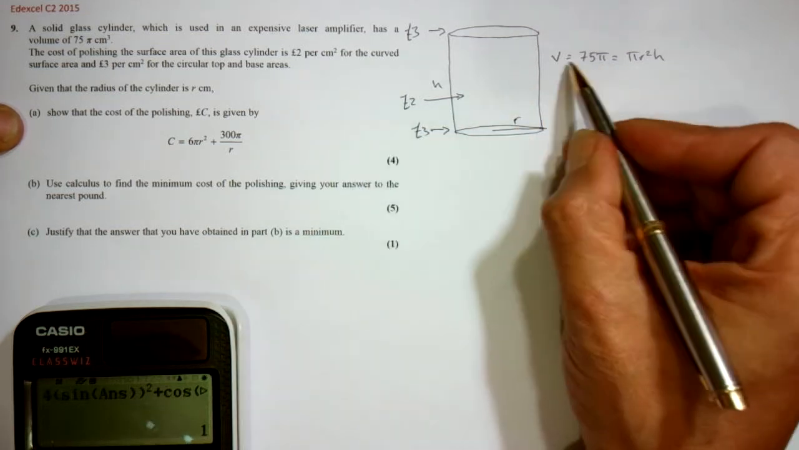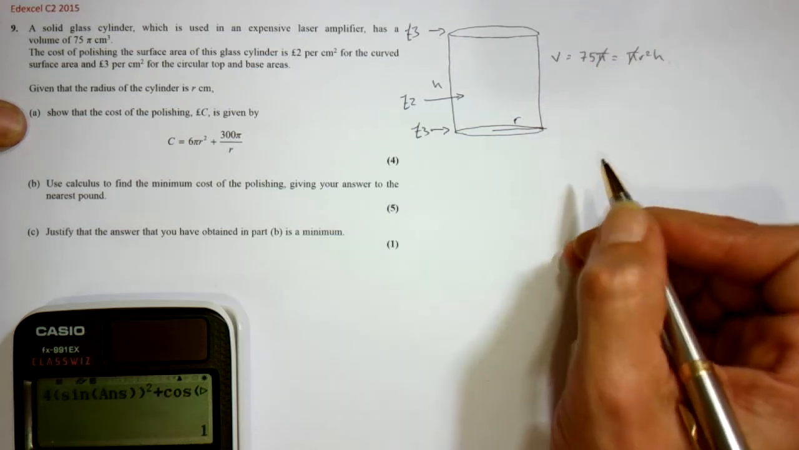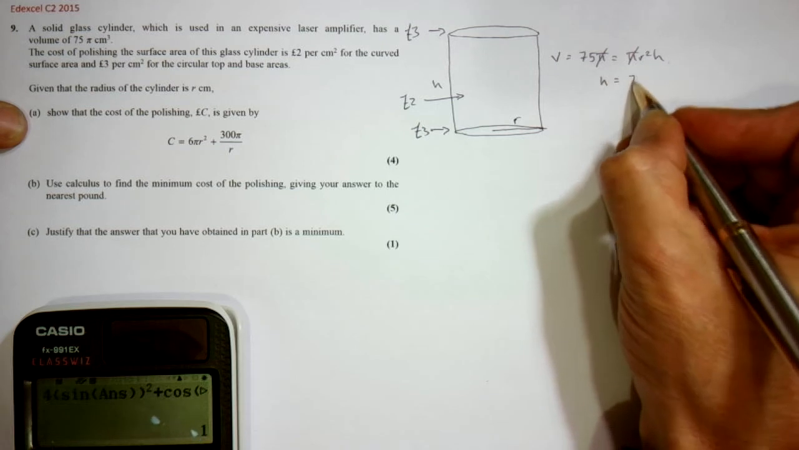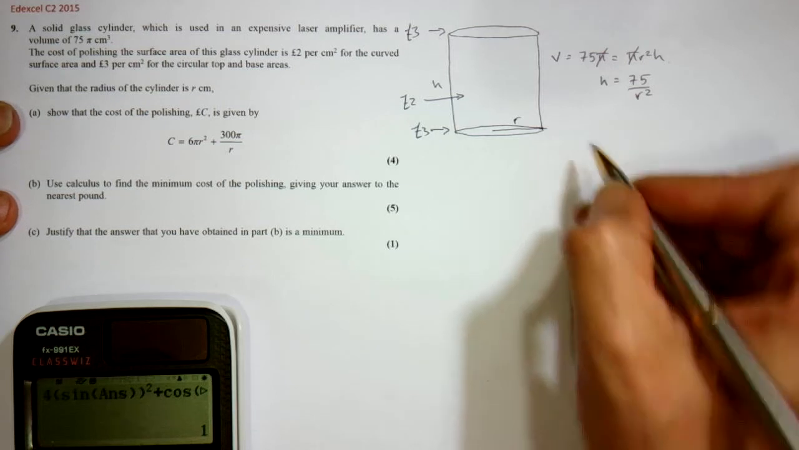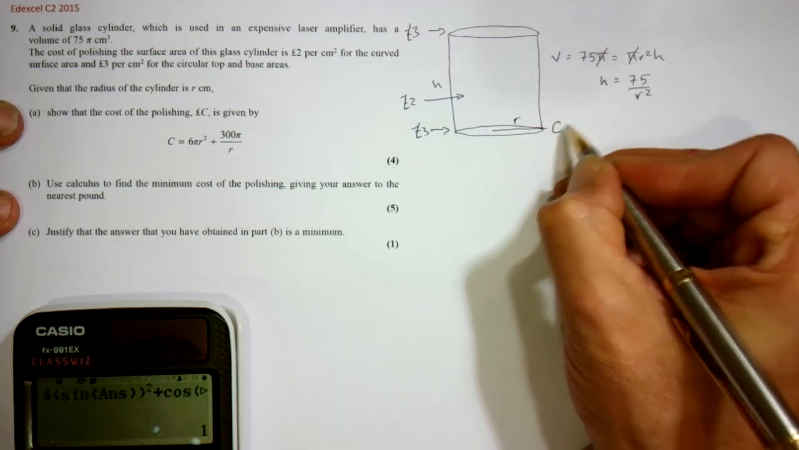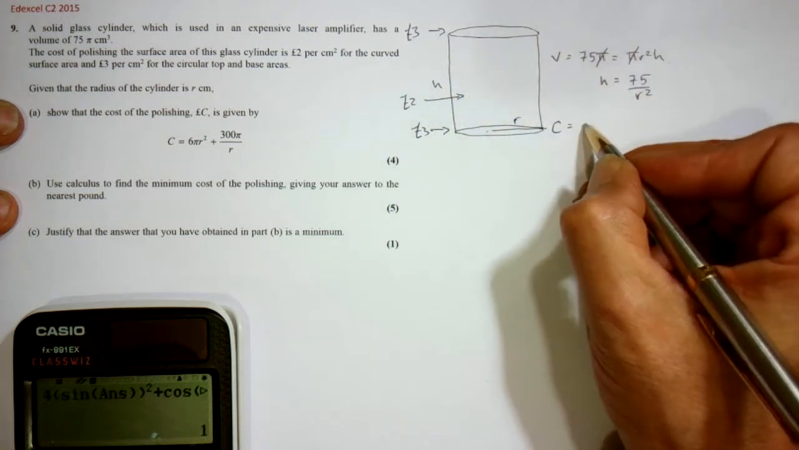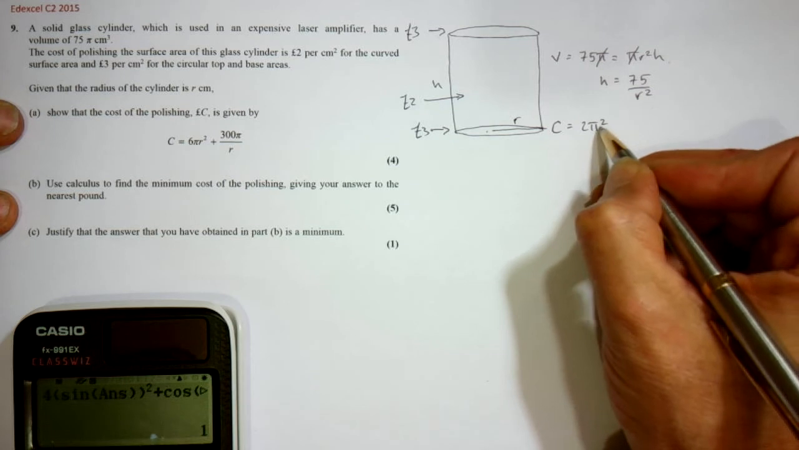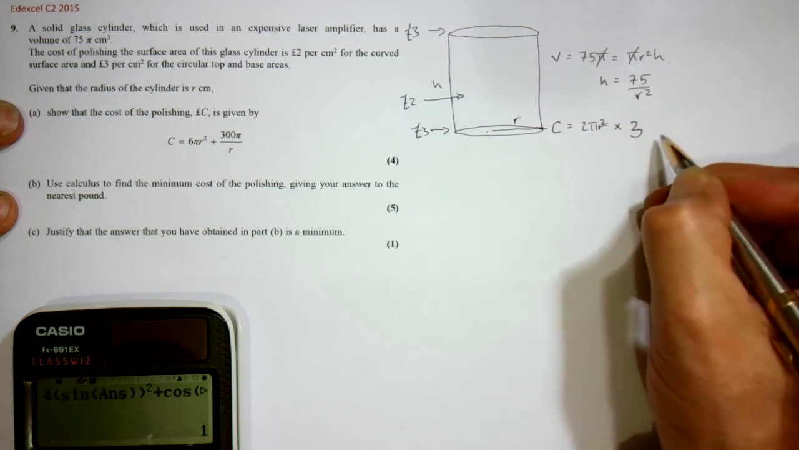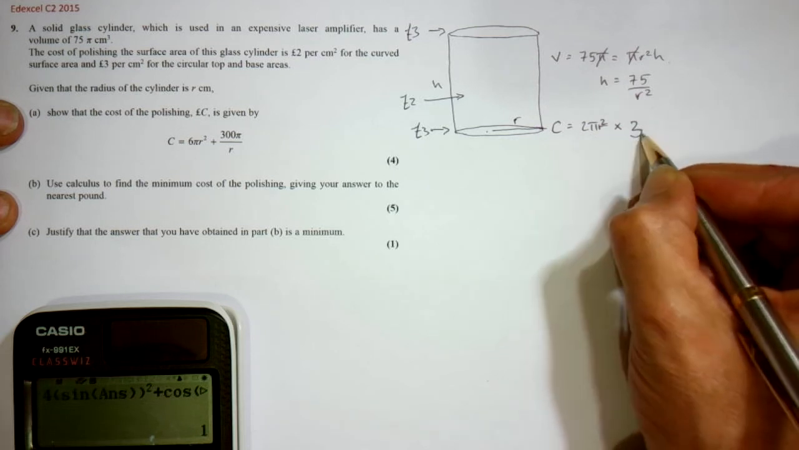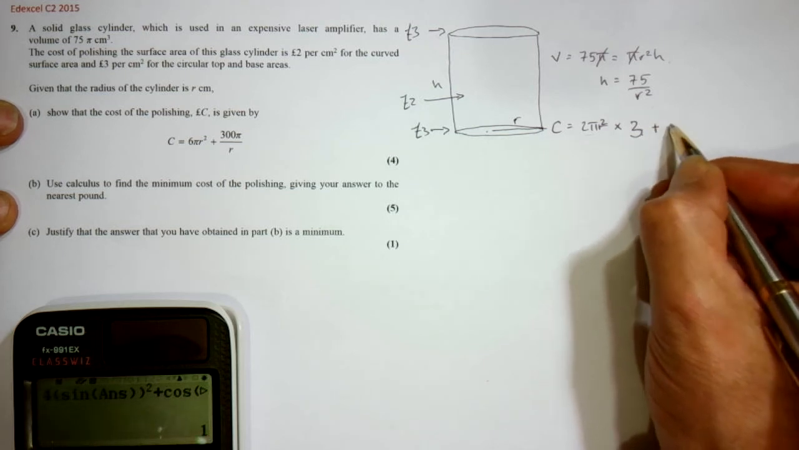Okay, so from our V equation, we can cancel the pi's, and we have h is equal to 75 divided by r squared. And our cost is equal to the base and the top, which is 2 pi r squared, and we've got £3 per centimetre squared on that. This is £3 per centimetre squared. And we're going to add 2 lots of